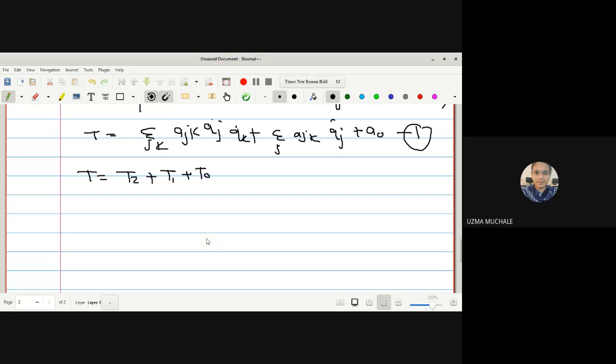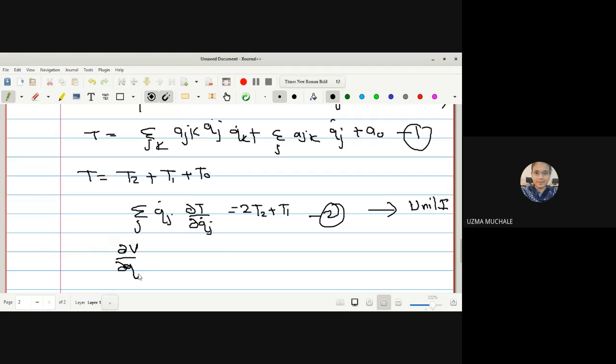Correct? This is your equation. But in particular, in the case of a rheonomic system, what did you get? Does anyone remember? What did you get in the case of a rheonomic system? Okay, let me name it as equation 2, which we have derived already in the first unit. Those who don't remember, go back to the last lectures of the first unit, then you can remember.